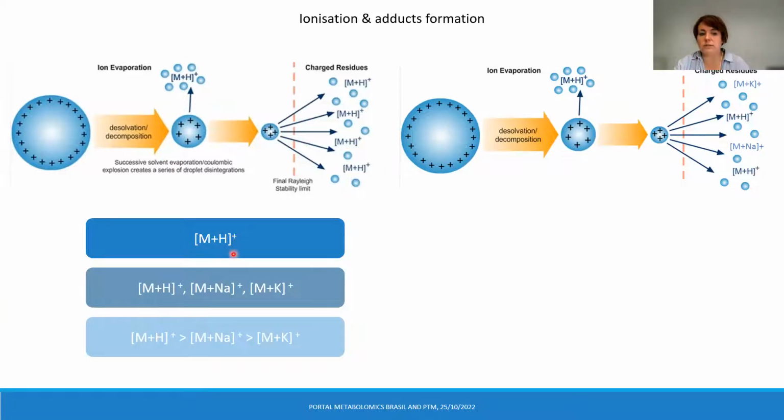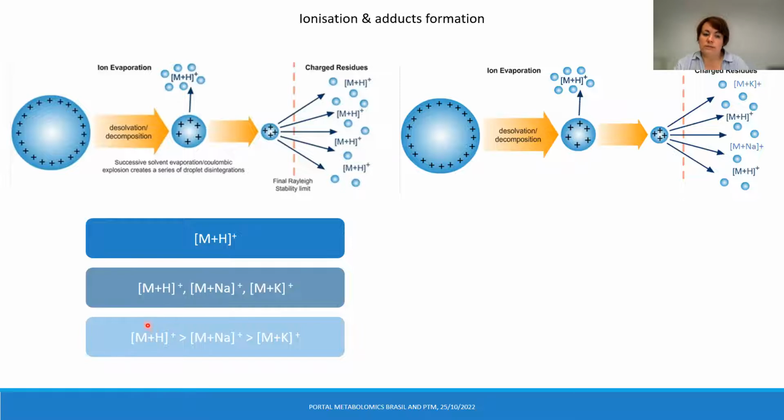Majority of metabolites and lipids, I would say rather metabolites, maybe lipids not, in many cases, molecules can form just a single ion, which in positive ion mode is a protonated form, but many of them, especially in terms of lipids, can form several different adducts with different ions. And furthermore, formation of these ions is not by chance. It's not something that is happening randomly and unreproducibly. No, it's just the opposite.